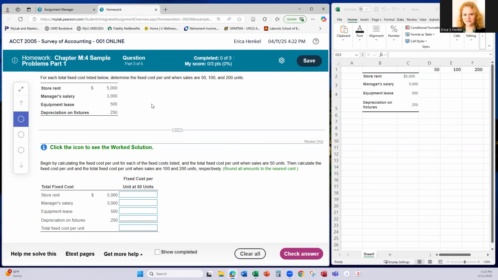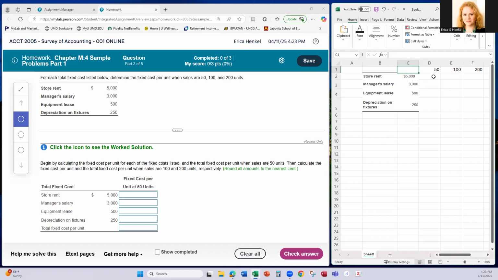So as you know, fixed costs are costs that do not change based on how many units you produce. However, sometimes we want to allocate these out from a budgetary standpoint. So for this problem, they're asking us to take the fixed costs below and allocate them out for various levels of sales. So they've asked us to look at this for 50, 100, and 200 units, which I have set up over here. So I've got the amounts for each of these expenses for these fixed costs here and the